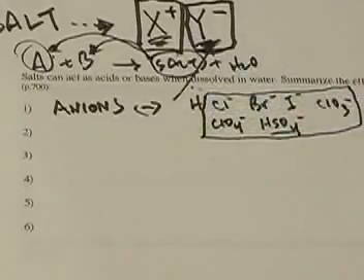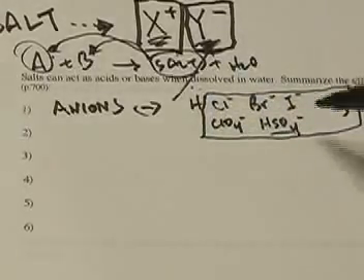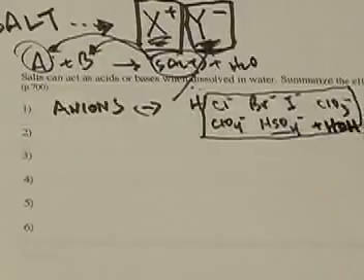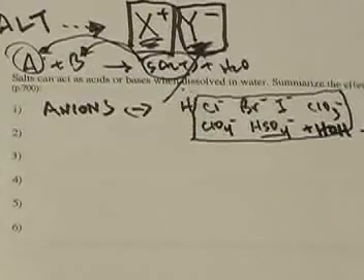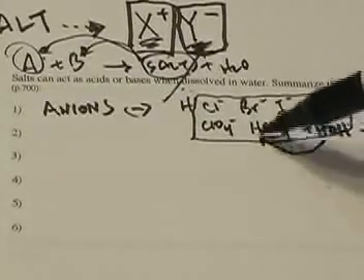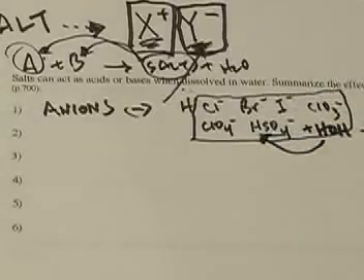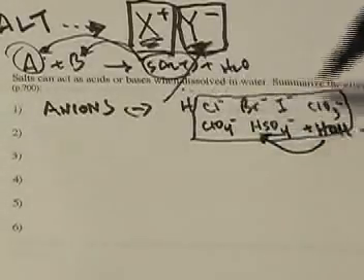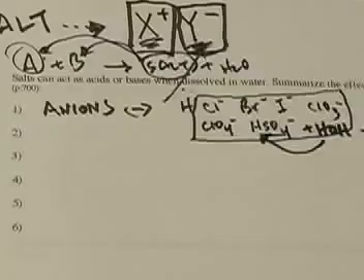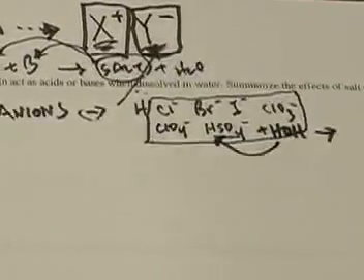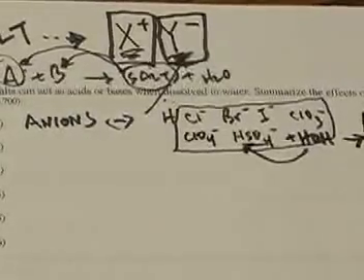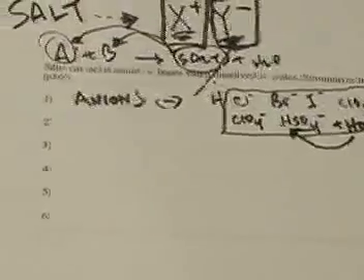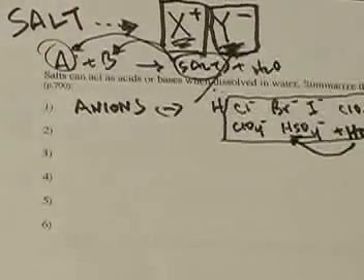They will do nothing in solution because they have no affinity to go and react with water and grab a hydrogen atom from them. Anions that are from strong acids don't want to become that strong acid again. They don't want to react with water to become that strong acid again. And so these will be neutral. They'll do nothing in solution. So if they're an anion from a strong acid,